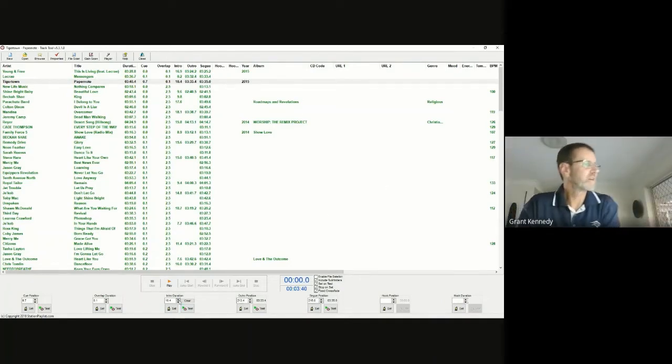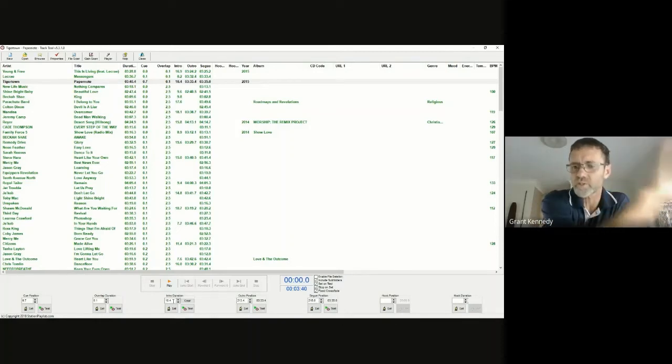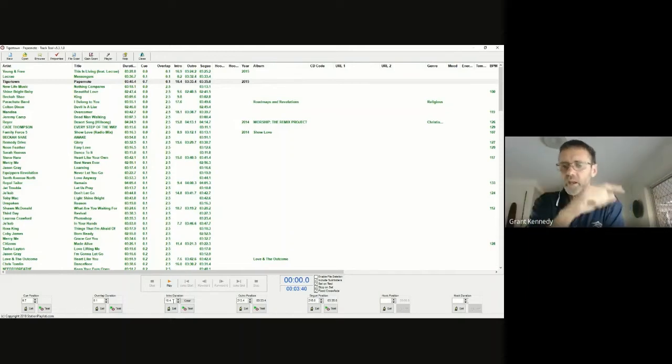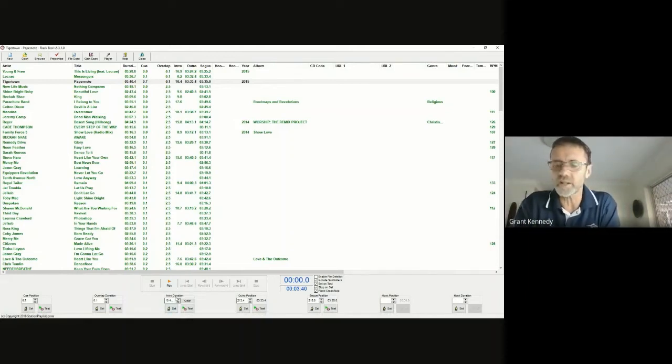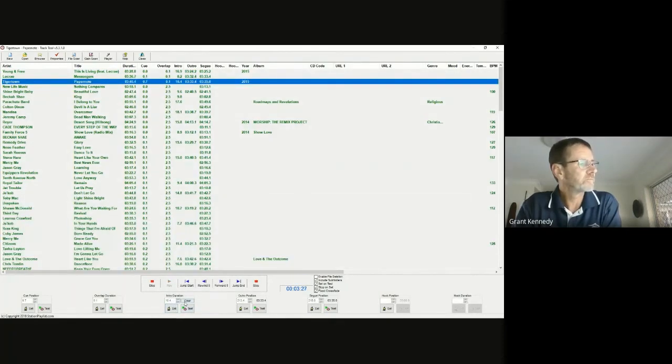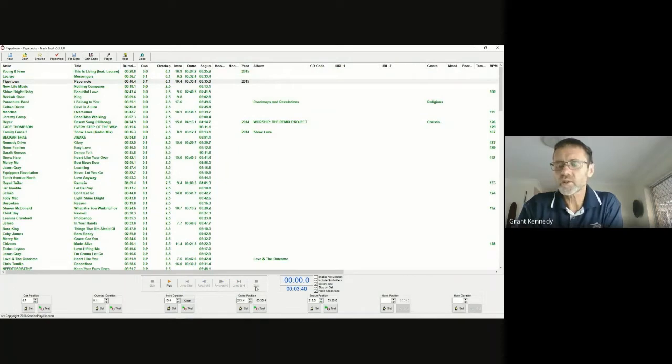Okay, so we have been through our music library, and for every single song in our music library, we have set the introduction duration. It's not on my screen because this is an old version, but we can test it. Okay, so that's the point where the singing starts. And the reason